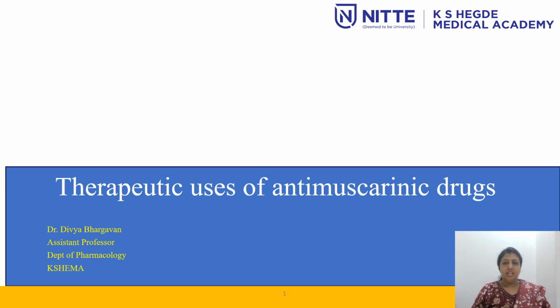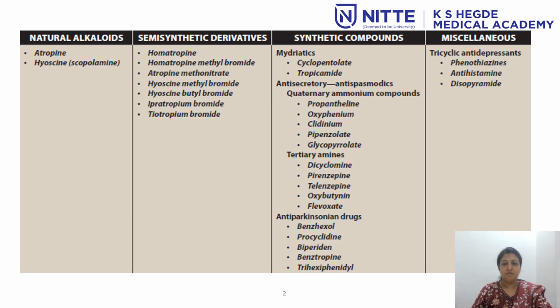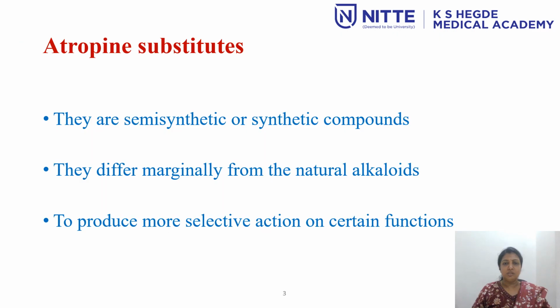Welcome back, students. This video is about the therapeutic uses of antimuscarinic drugs. You already saw the classification of the drugs and the pharmacological actions. Remember the classification: we have natural alkaloids like atropine and hyoscine, and then we have synthetic and semi-synthetic derivatives and a few miscellaneous drugs which have antimuscarinic activity. Here, we'll be discussing the therapeutic uses of atropine as well as atropine